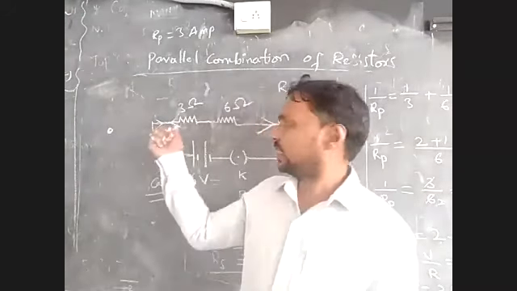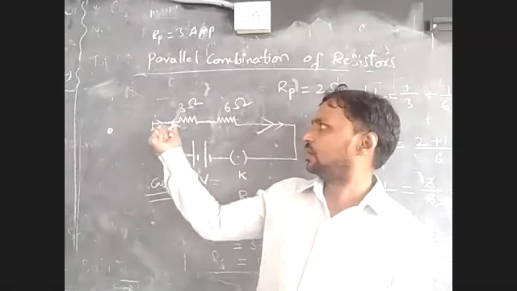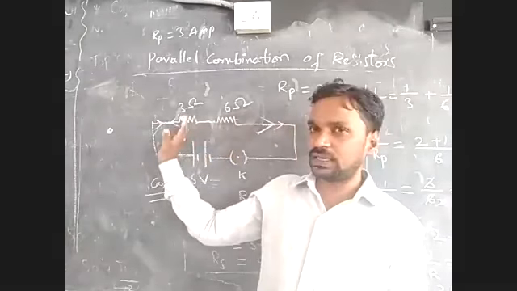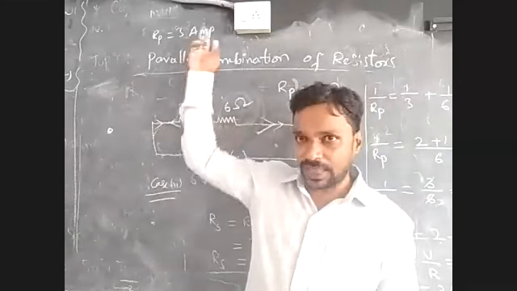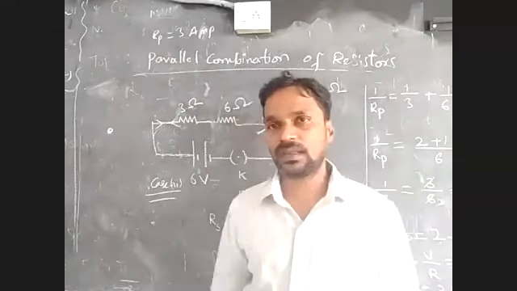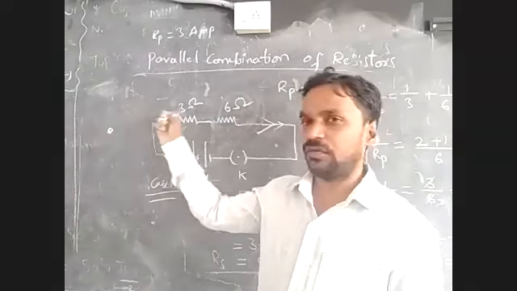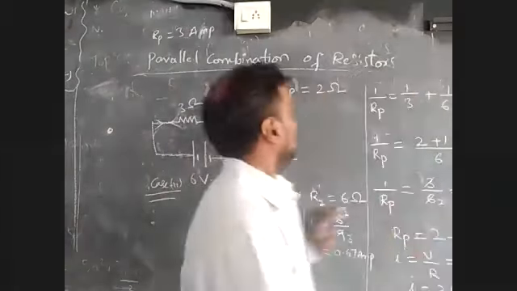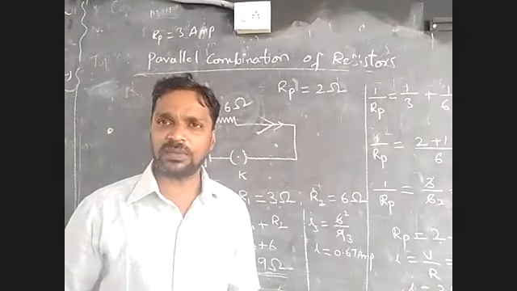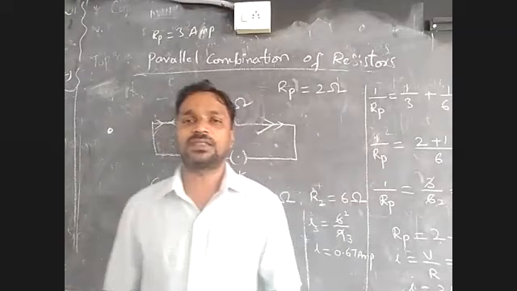And in the series, what is happening? Current remains constant and voltage division takes place. This V is divided into V1, V2, V3, and so on. In series combination, voltage division takes place, current remains constant. But in parallel, voltage remains constant and current division takes place. Here we need only one switch to make the current flow. So here we need n number of switches in the parallel combination of resistors. Each device can be connected with one switch. That is the main difference. Now, if you are having